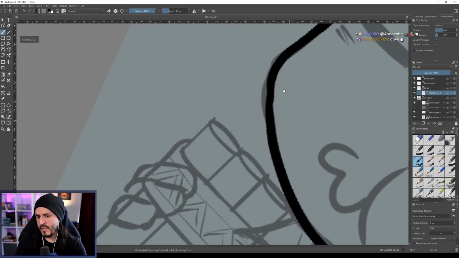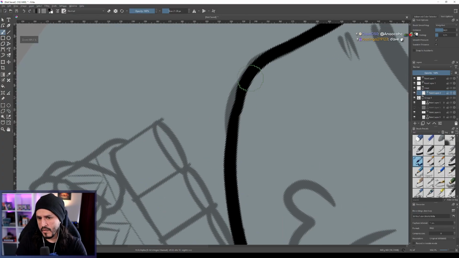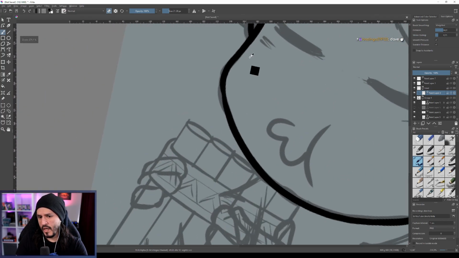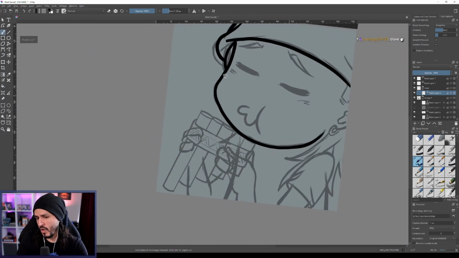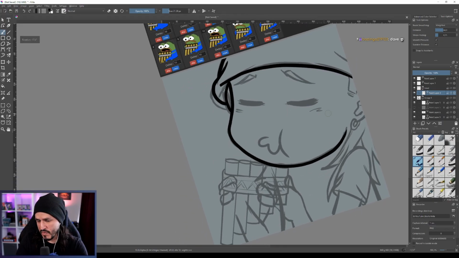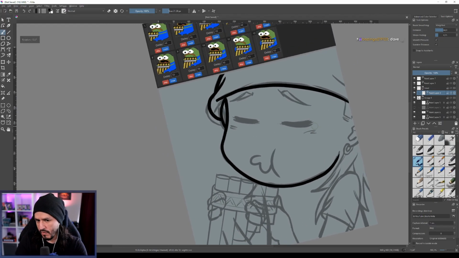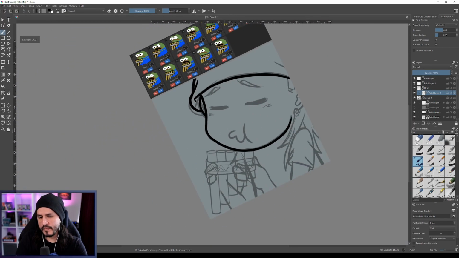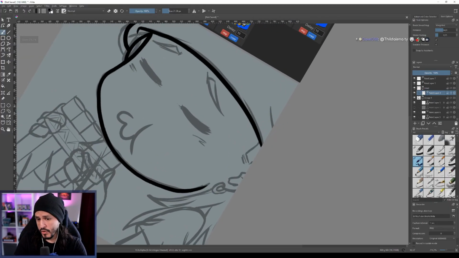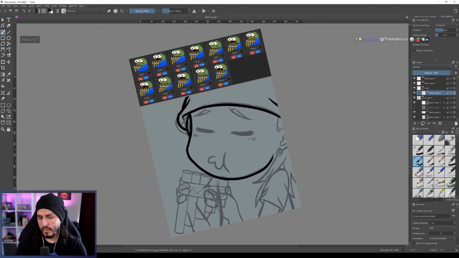Don't worry about these little details on lines like this, they can always be fixed. Just like that. And don't worry too much about the external part of it, because that can also be fixed. We're gonna have a thicker outline towards the end anyways for visibility on Twitch, so we're gonna revisit all of those corners and little details. Don't worry too much about those at this stage. But this stage has to look good, so we're gonna complete our